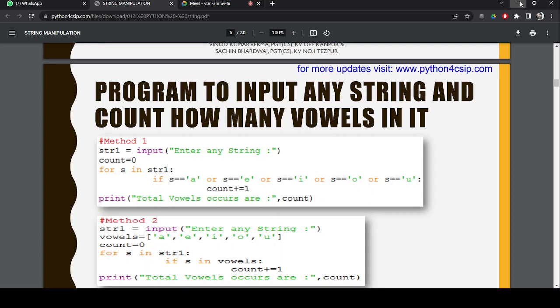Now let's check this program by running it, whether our logic works or not. Now it is saying invalid syntax. Count. Yeah, plus equal to 1. Yes, yes, yes, you are right,